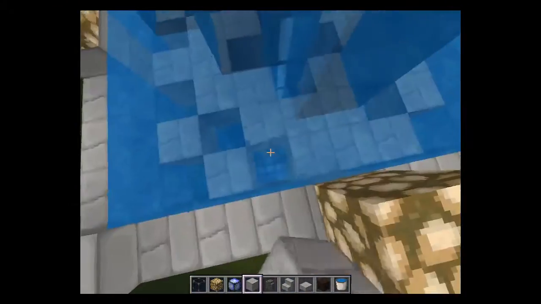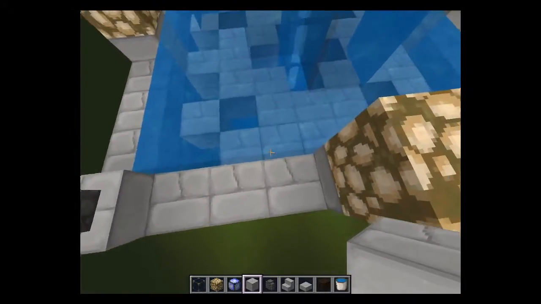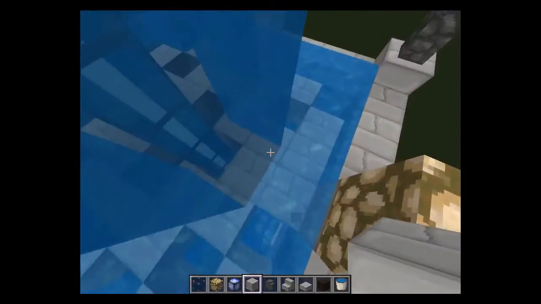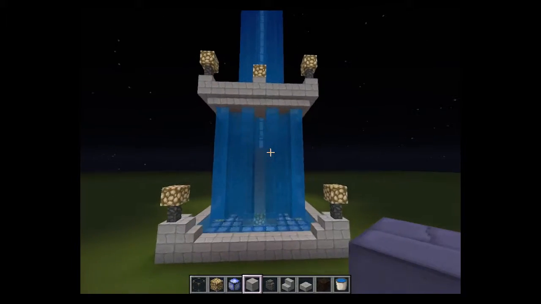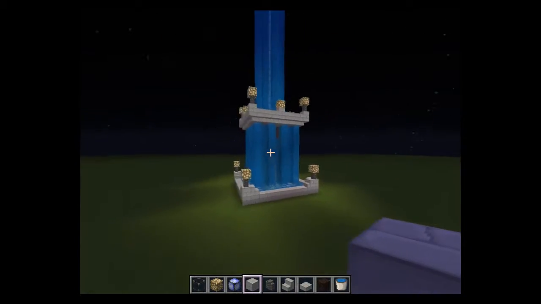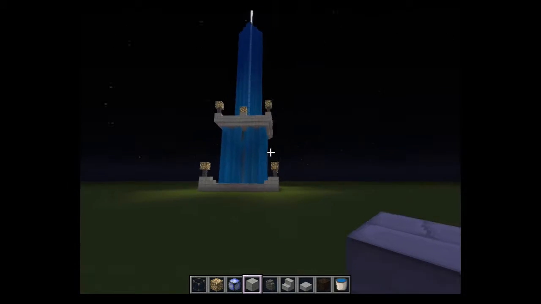Alright, so it's always trial and error. Make sure you go down, back up and down, see what you want, see what works, depending on how big the fountain is. That looks much better, the way I wanted it to look. Water everywhere. Alright, so this is a simple fountain, right? It looks nice. And